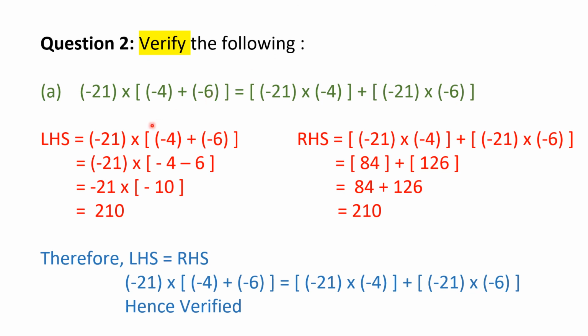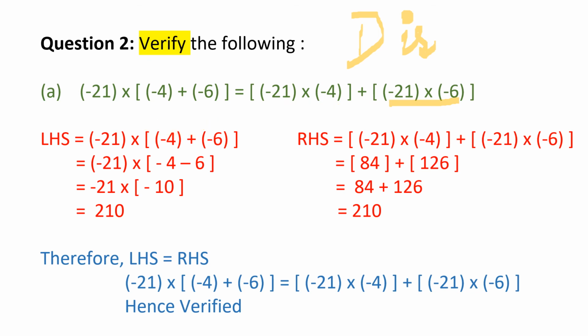Next part, again the same type of question, we have to verify. Now let's look at this question once carefully. Both the questions, if we look at it carefully, what are we verifying here? We are verifying the distributive property. Do you remember the distributive property that we did in the first part? Look here, 21 is given to minus 4 also, and 21 is given to minus 6 also in this part. Can you see that? 21 into minus 4, 21 into minus 6. So we're verifying the distributive property actually.